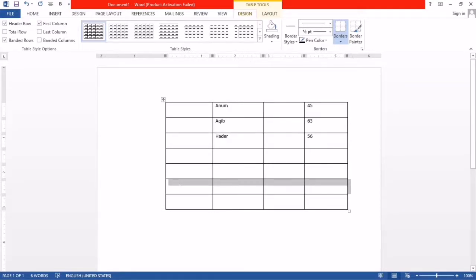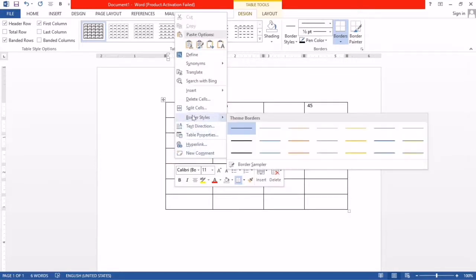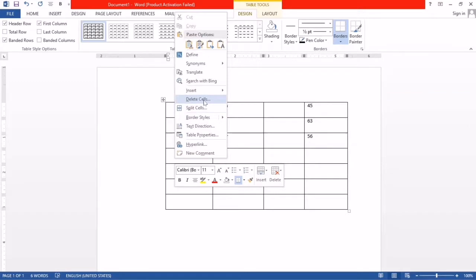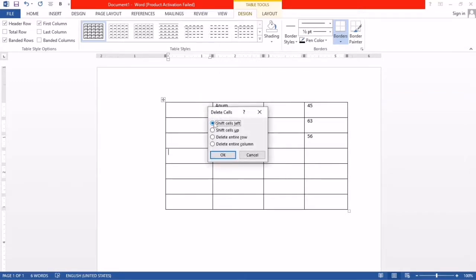Now if you want to delete any row or column, no problem. Here you can right click and see delete cells, okay. Select this. Here 4 options appear: shift cells left, shift cells up, delete entire row, or delete entire column. For example, I want to delete entire row, so this will be deleted.